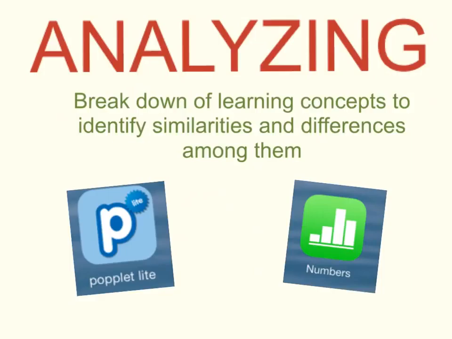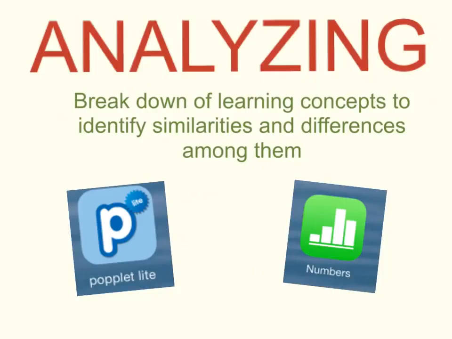Analyzing is the breakdown of learning concepts to identify similarities and differences among them. A great activity to practice analyzing is to have students create a Poplet using the app. Students can use Poplet to break down learning concepts into a concept map, which will help them understand the organizational structure of these concepts. Also, the Numbers app is another great practice, as students can use this app to create spreadsheets of specific data they have collected, which will then help them analyze and identify relationships among the data. Students will have the opportunity to visually see their data in an organized way that will help guide them in